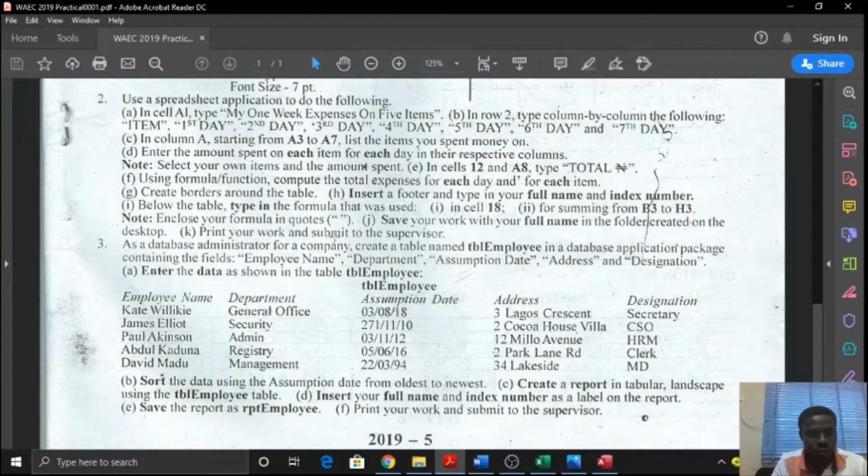In May, June, WAEC 2019 paper 3, which is practical. Alright, my name is still Namdi Uche. Okay, so we're looking at number 3. As a database administrator for a company, create a table named TBL employee in a database application package containing the